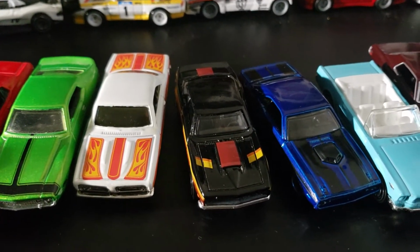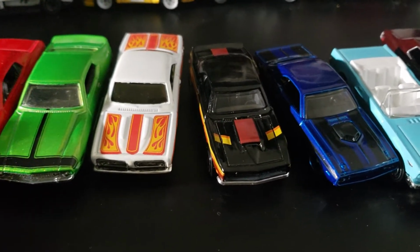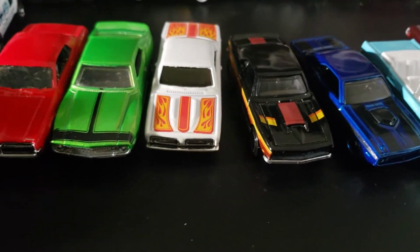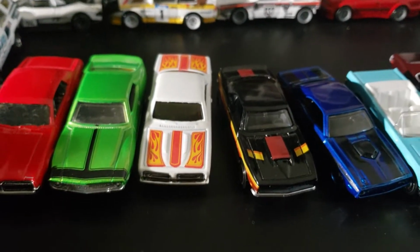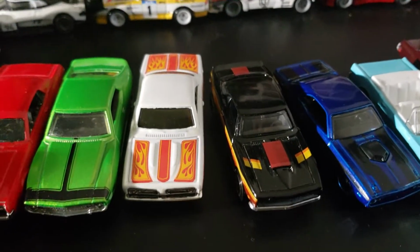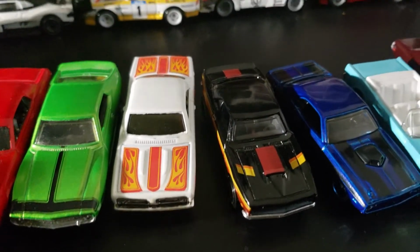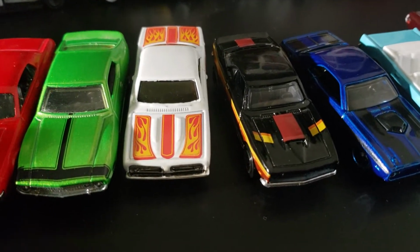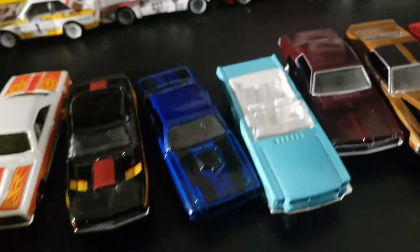I need to go back. Yeah, next we got the AMC Javelin AMX, 2009 new models. Is that when it debuted? And this casting was first produced in 2009, like I said, with the new models, and it was designed by Jun May, which is strange because most people would think he would stick with